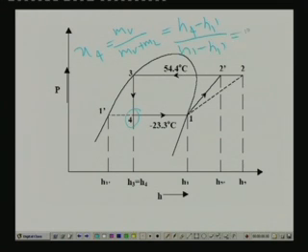This is also equal to, you can write this in terms of, for example, specific volume, that means V4 minus V1 dash divided by V1 minus V1 dash. That means the quality can be expressed in terms of any intensive property such as enthalpy or specific volume or entropy. That is what is required. Since we know the enthalpies, let us write this in terms of enthalpies. We know the enthalpy at point 4, this is known because this is equal to H3, and H1 dash is known and H1 is also known. So, we use that expression